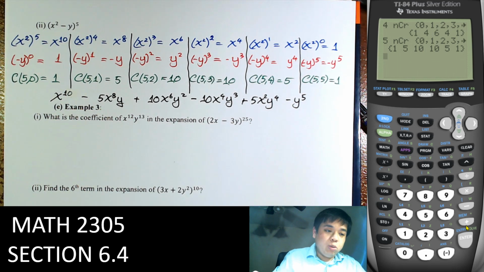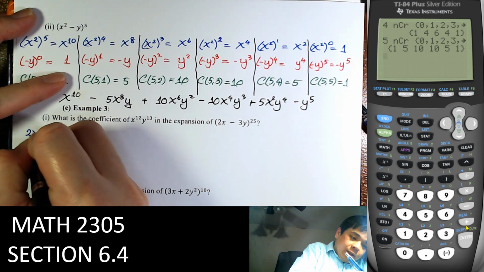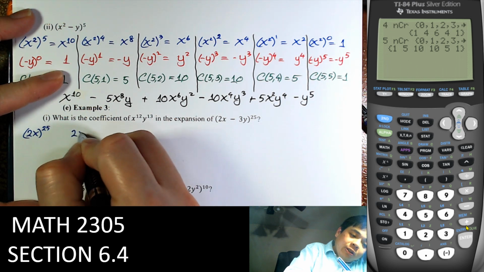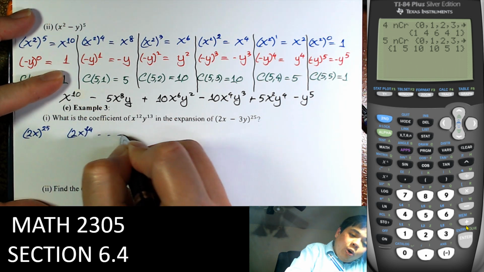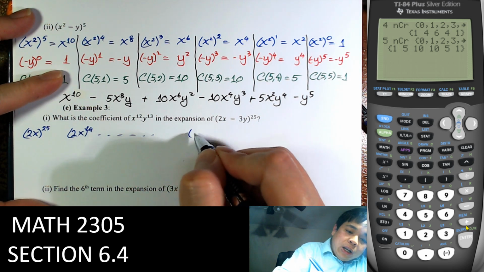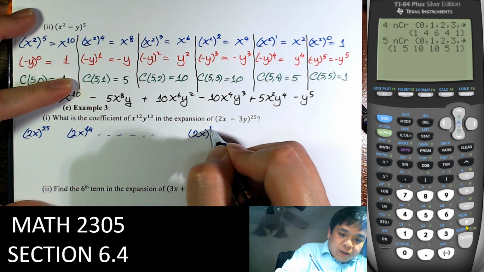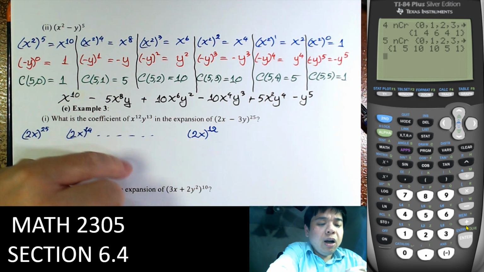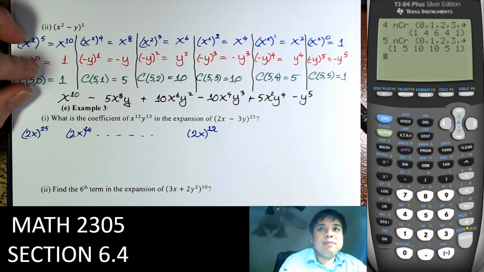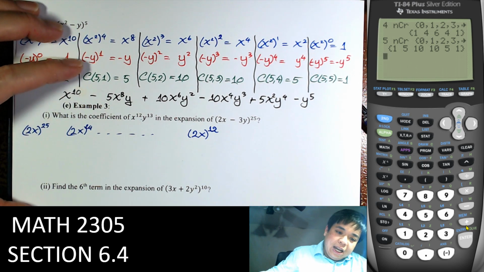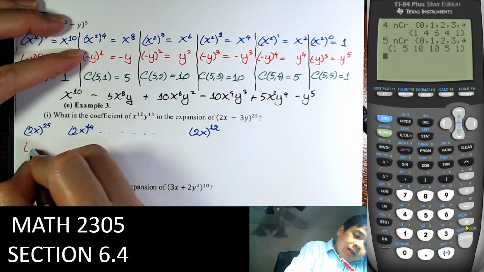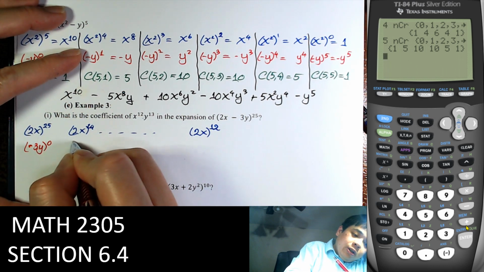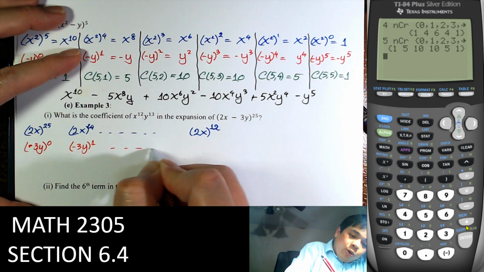Let's say this expansion, we start with 2x. Of course, we start from 25th and going down to 24, all the way down to what we want, which is the 12. Because 2x to the 12 is actually raised to the 12, so we want that, right? And then the second, negative 3y to 0, negative 3y to the first, now all the way to